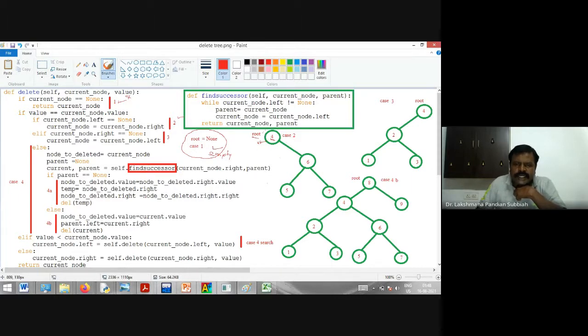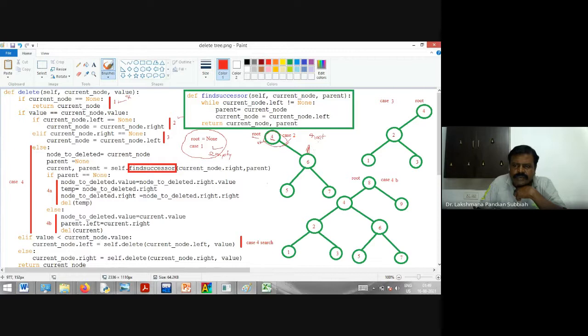In that case, if you want to delete node 4, you have to return the current node's right as the root node. So the current node's right is returned and assigned to root. Now this node is deleted.